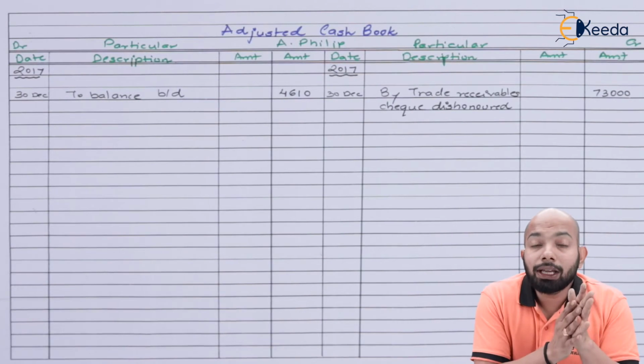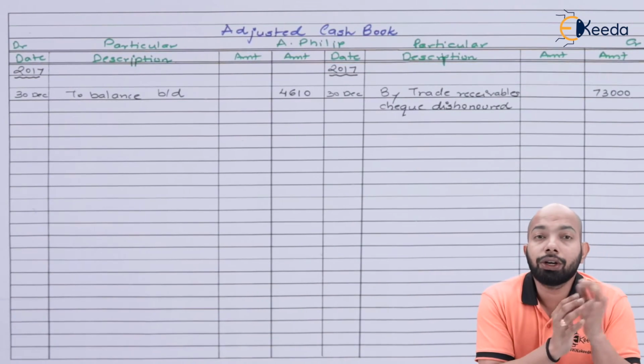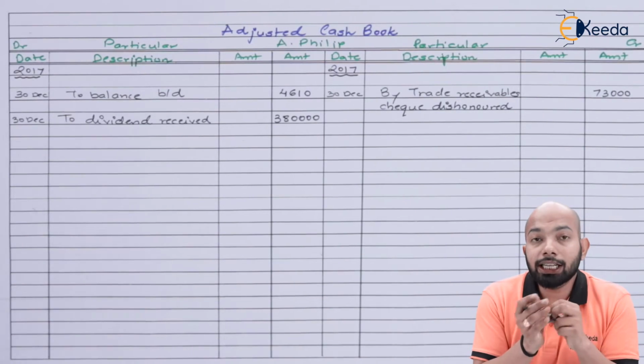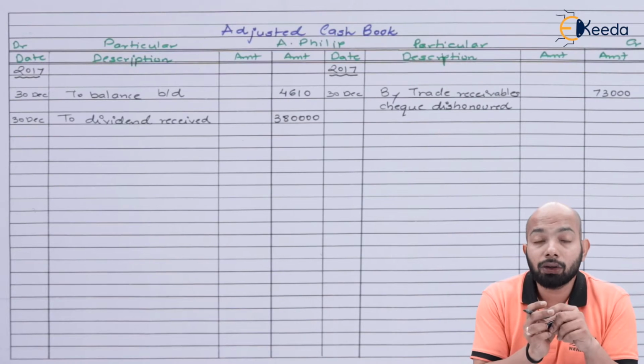So this has to be added up to the cash book. That means this is increasing the bank balance, so it will be recorded on the debit side of the cash book. So that has been also recorded here. Now let's go on to the next transaction and see if that can be adjusted